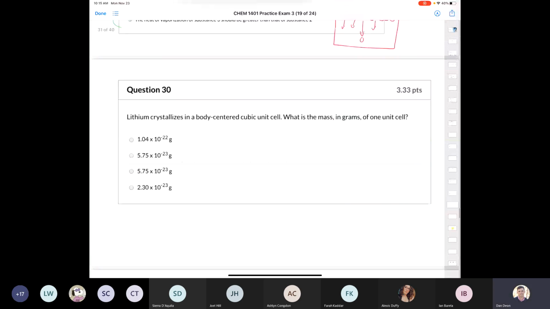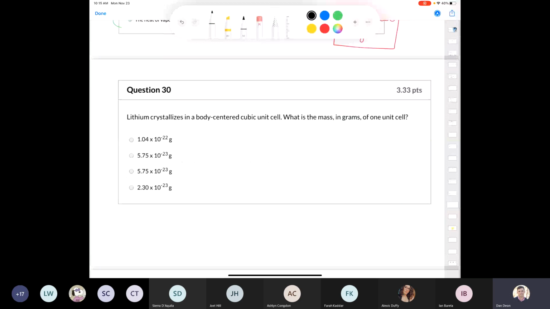This brings us to the last question on practice exam 3. Lithium crystallizes in a body-centered cubic cell. What is the mass in grams of 1 unit cell? Well, you need to ask yourself, how many atoms are in 1 unit cell in a body-centered cubic? If we have a simple cubic cell,